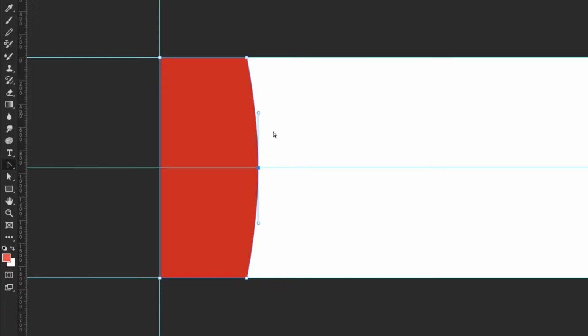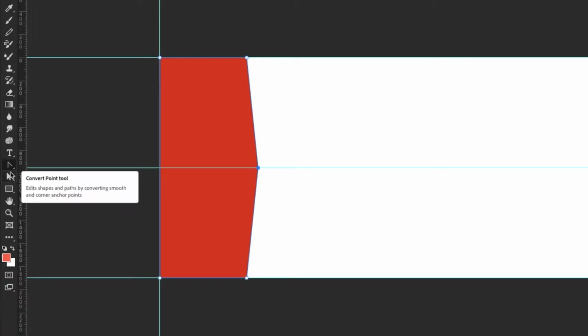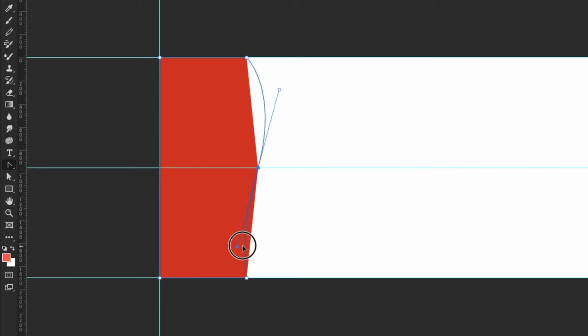Right now it's an anchor point that has a curve built in, but if I click on it with the, sorry, I forget what it's called, with the convert point tool, I can convert it from a curved point to an angular point. Now if instead I had it at an angular point and I wanted to change it back to a curve, I would just use the same convert point tool again and click and drag to create a curve. Now you'll notice when you create a curve this way, you can kind of bend it in any direction,